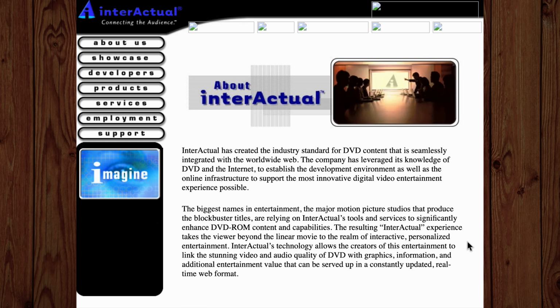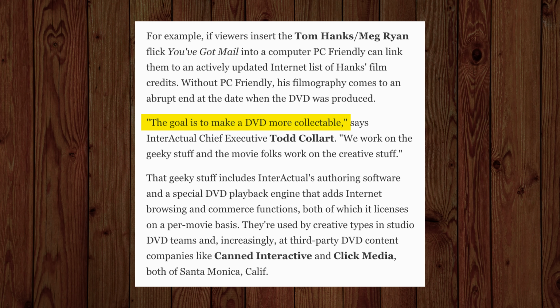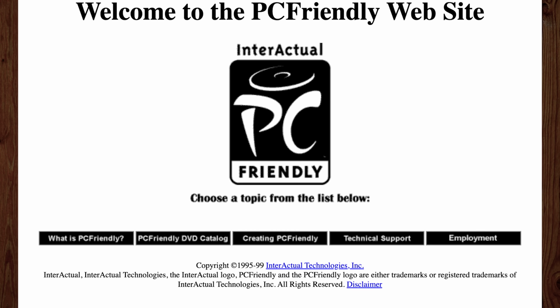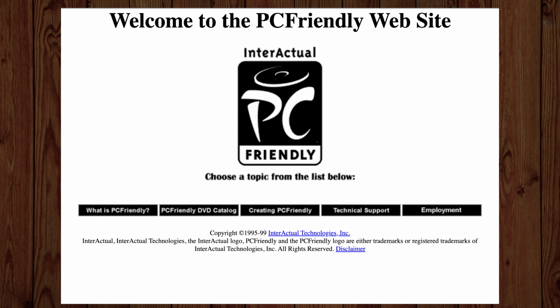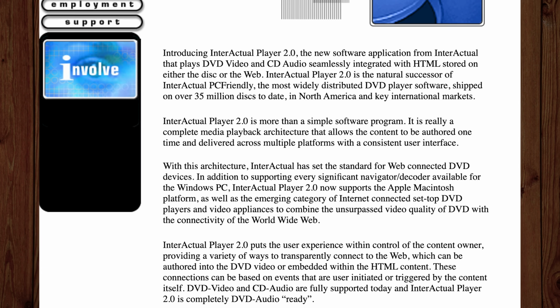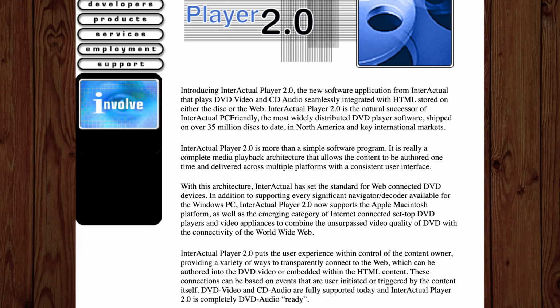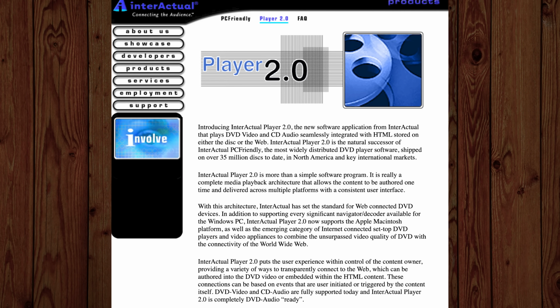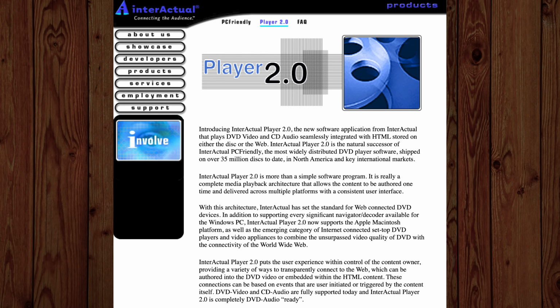The idea was to make full use of the upcoming DVD format's huge storage capacity and, quote, make a DVD more collectible by licensing their patented software suite on a per-movie basis, with the main program end users saw being PC-friendly, an enhanced DVD playback program for Windows that included multimedia extras and online connectivity, and was rebranded as InterActual Player for its 2.0 release in 2000.